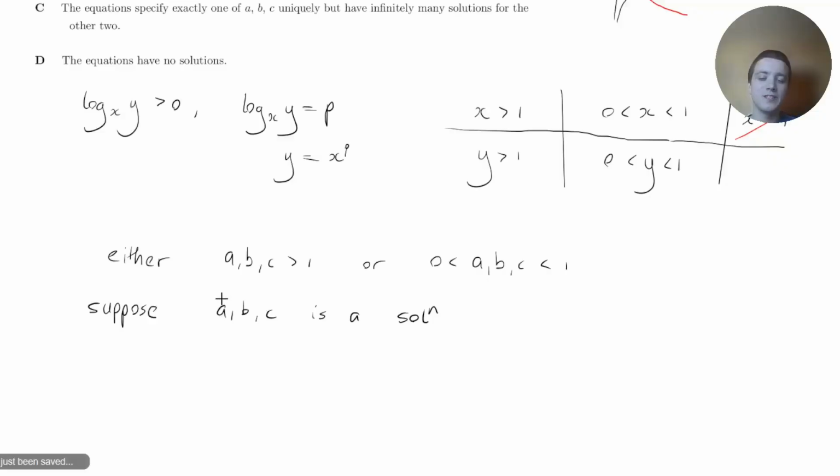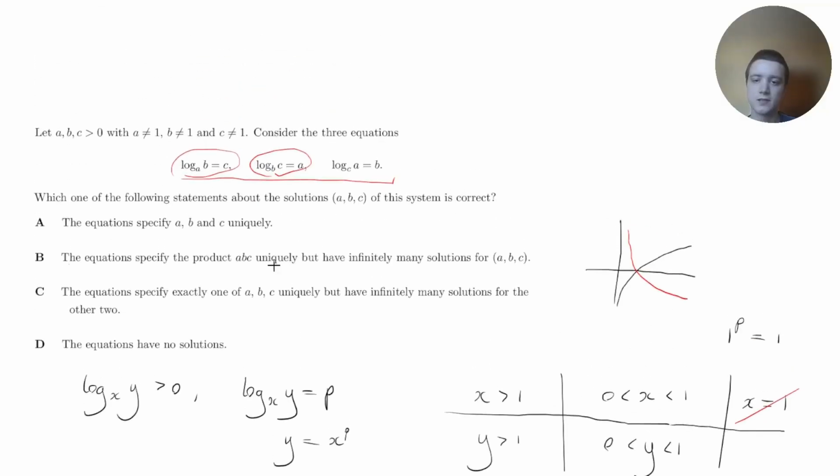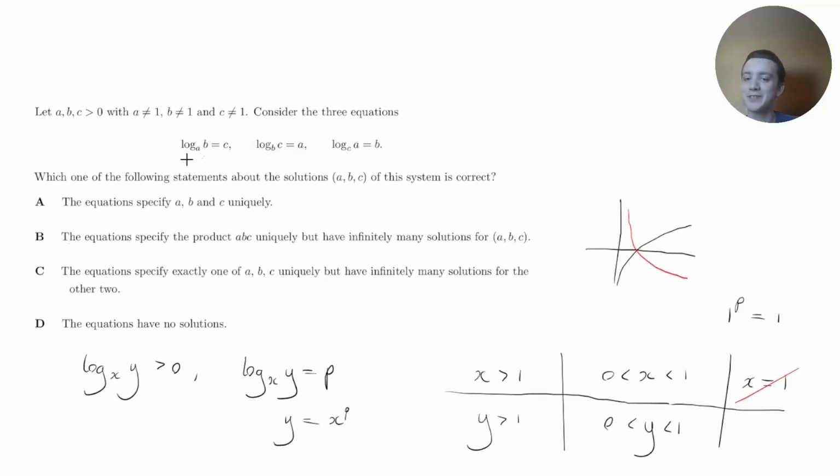What happens if we shift everything to the right? So let's say we replace B with A, C with B, and A with C. Let's consider what's going to happen to these equations when we do that. So this equation over here, B is going to be replaced with A, A is going to be replaced with C, and C is going to be replaced with B. So we're going to get